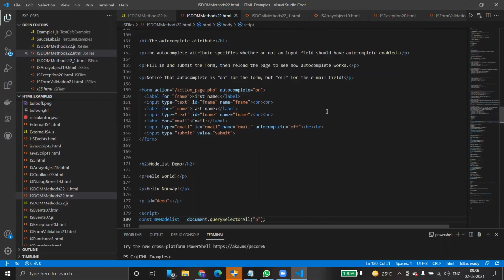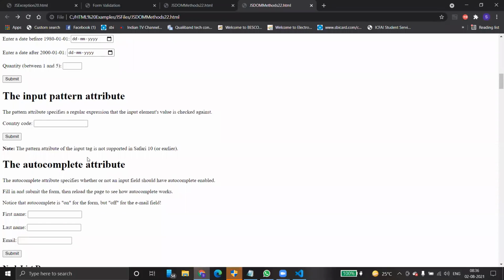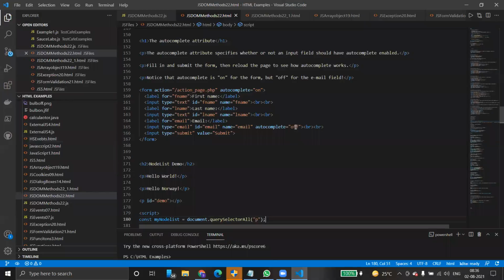On or off for the email ID. I just want to make autocomplete off, autocomplete on. We have an email ID. So you can enter first name and last name anyway, and this is the email ID. So it allows. And then autocomplete off.